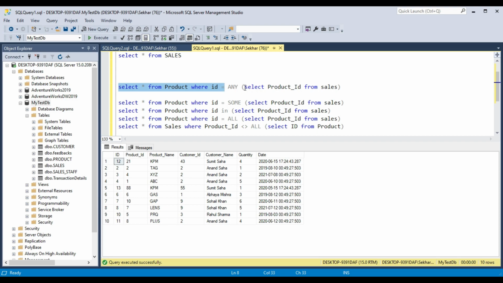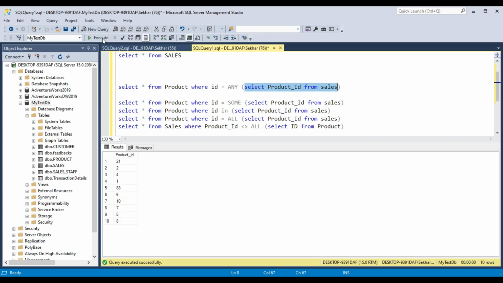I am taking those values from the output of the inner query. If we run this inner query, you can see it is giving us 10 results. So these 10 results it will pass to the id.